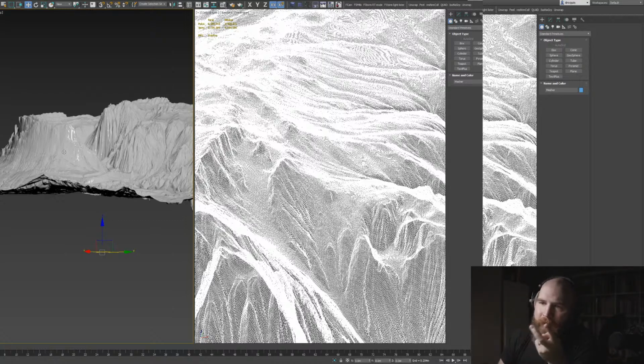The second thing that I think is really, really nice about Gaia is that the color maps are actually useful. In World Creator, I found that the only way to make it look any kind of good was to export all the masks to separate rocks from grass, from sand, from water, etc. Just black and white masks, and then you set up individual materials for everything inside of